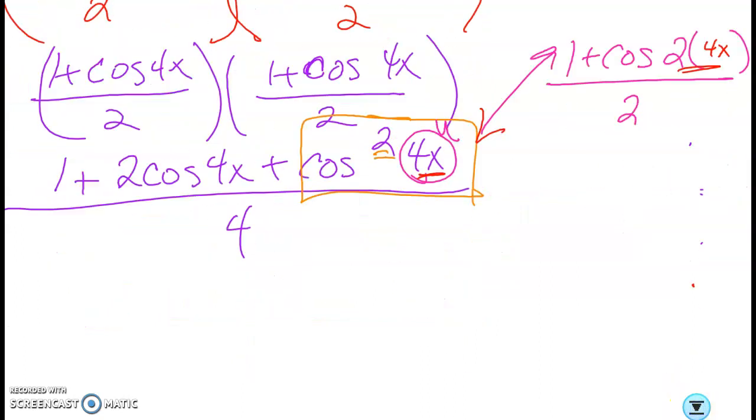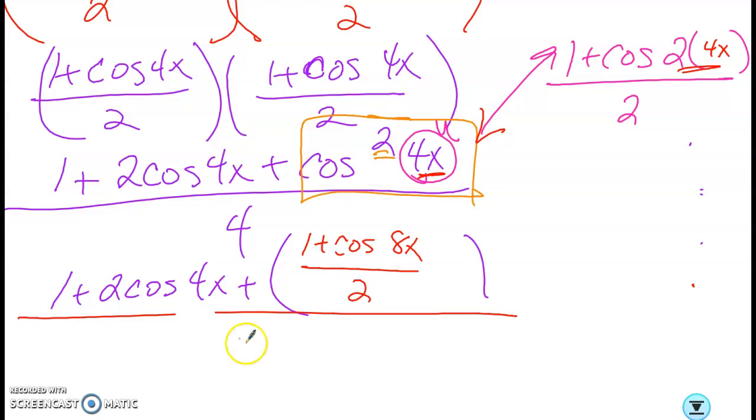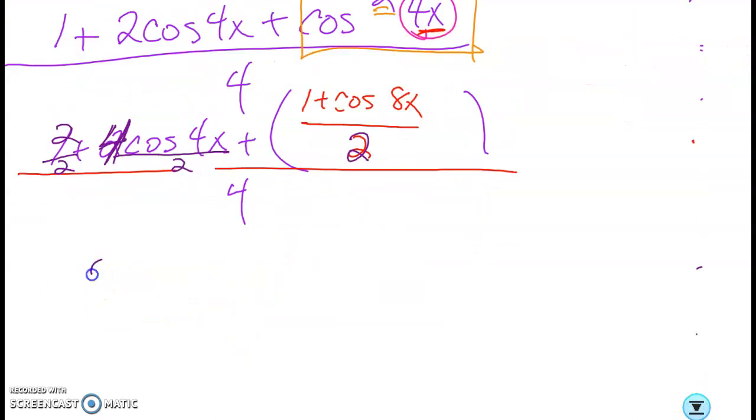Watch how this works. 1 plus 2 cosine of 4x plus, in here, I'm going to put in 1 plus the cosine of 8x divided by 2, and this whole thing is going to be divided by 4. Now you need a common denominator. Your common denominator is 2, so this guy has to go over 2, this guy has to go over 2, and because of that, we have to change these numbers. So now what we have is 2